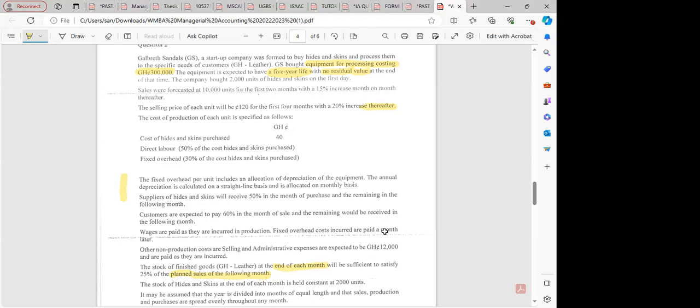Cost minus residual value divided by useful life. Right. If you do that,